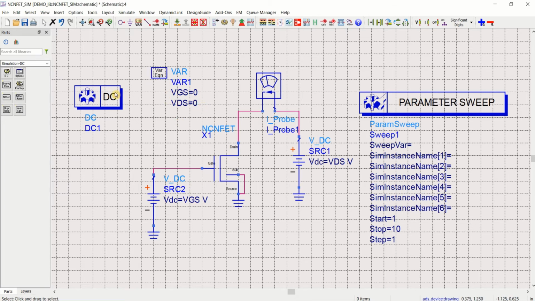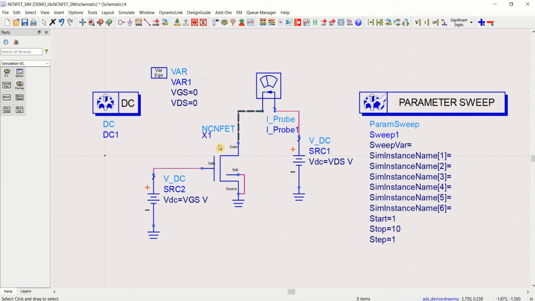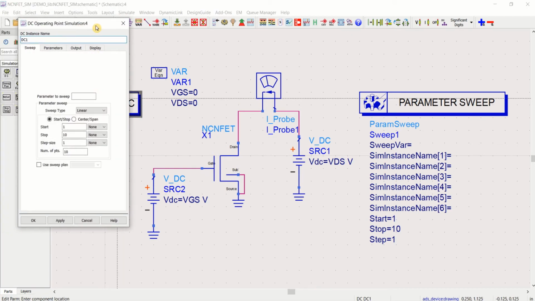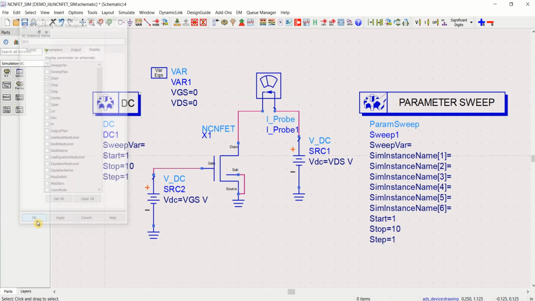Initialize with 0 value. If you don't want these grid lines to appear, you can go to options, preferences, grid, snap, dots. It will be more clear. So for the values you want to vary, double click on this simulator, click on display, and enable the sweep variable: start, stop, step, these three parameters.